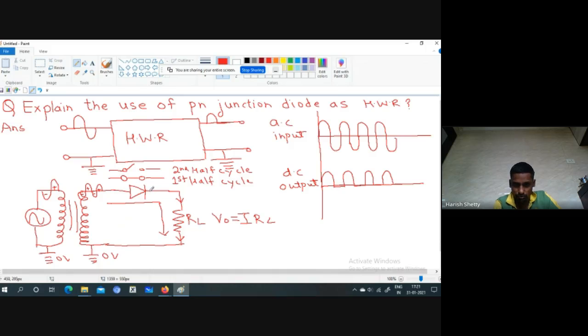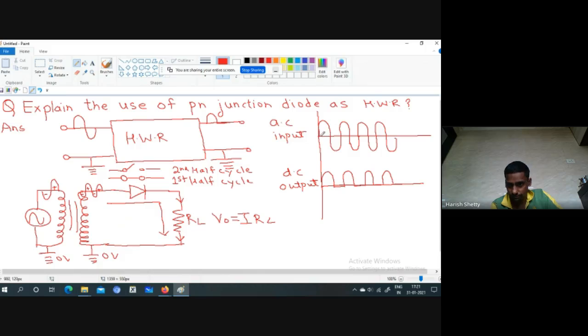Likewise during the fourth half cycle you will find again this anode is getting negative voltage and this is getting positive voltage, so the diode is reverse bias. It is behaving like the second half cycle, it is off over here. So whatever this negative voltage is there, we will get across the diode. This diode is open, no current is passed, and therefore there is no output voltage. So during this fourth half cycle we get no output voltage. This process keeps on working and we will get this as our DC output.